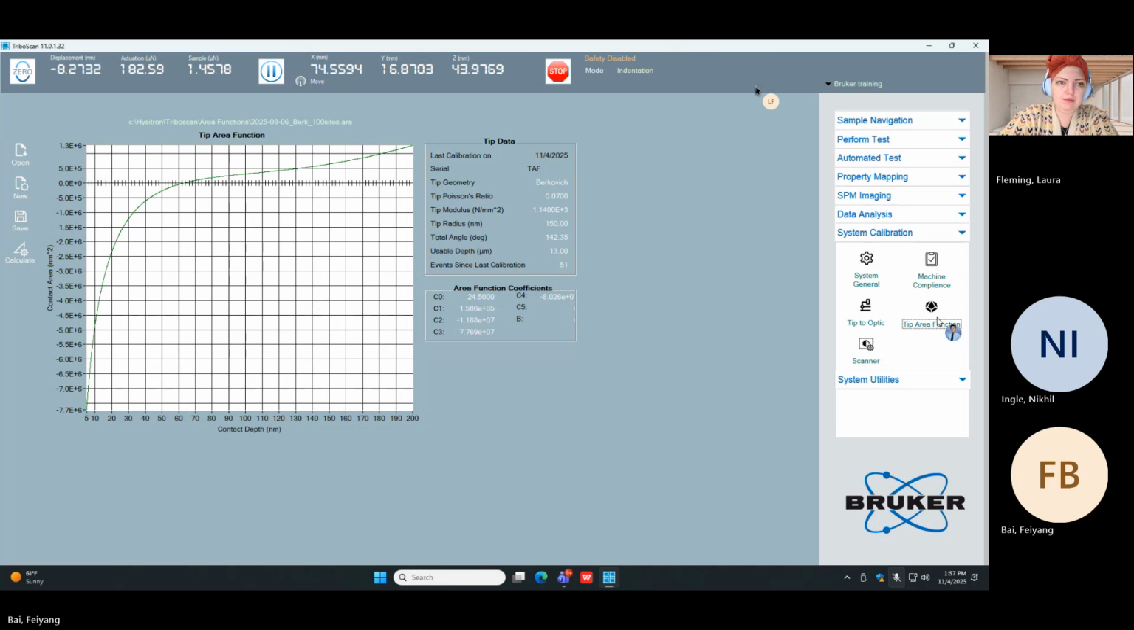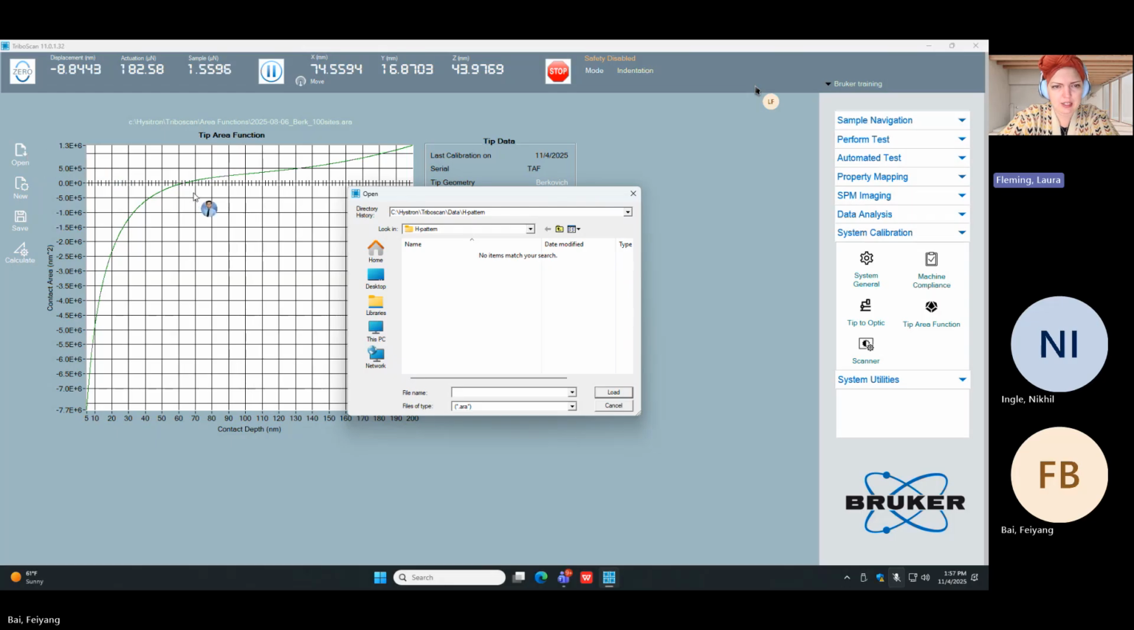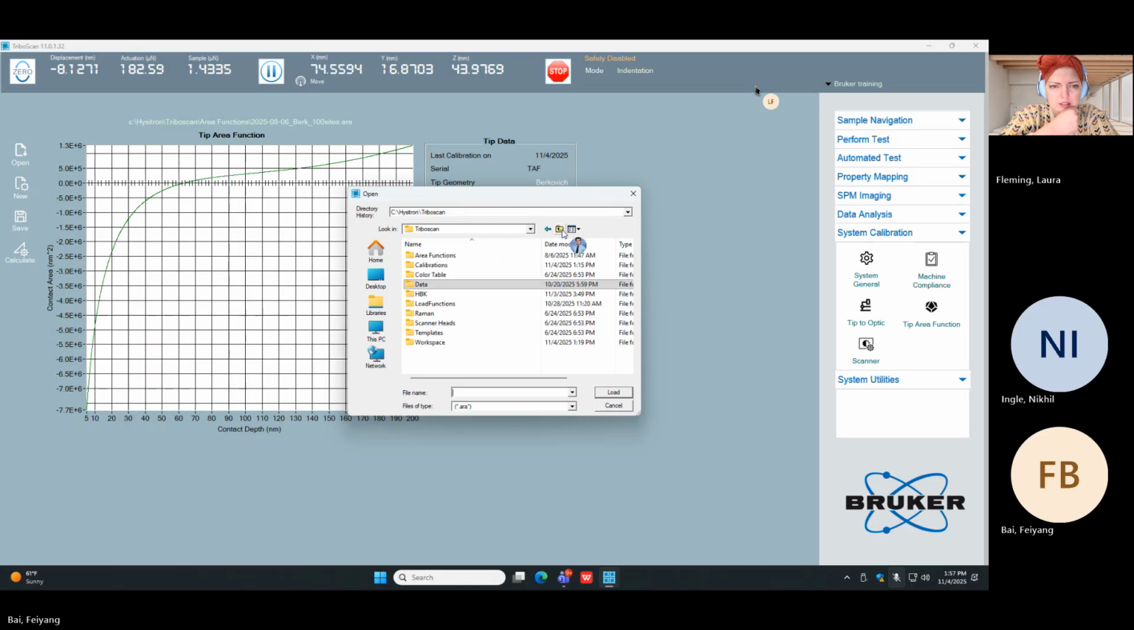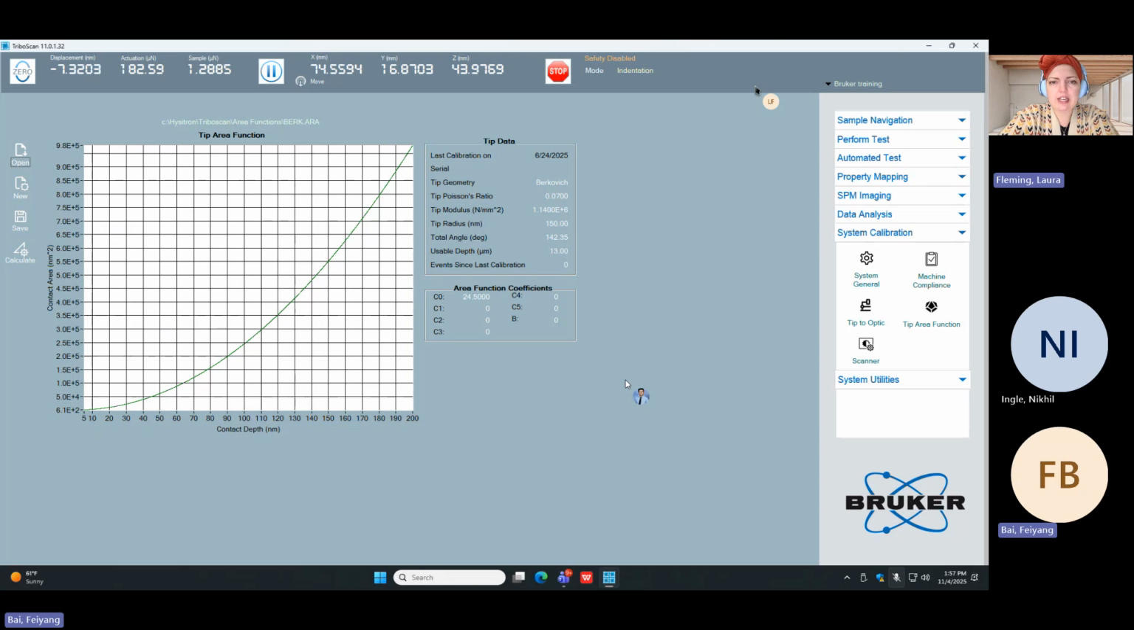So if you go ahead to open, yep, and then go up 2 levels to see Hydrotron Triboscan. Area functions at the top. And yeah, Burke.ara. Yep, go ahead and click load. So this is that default